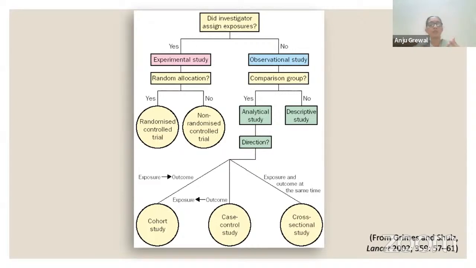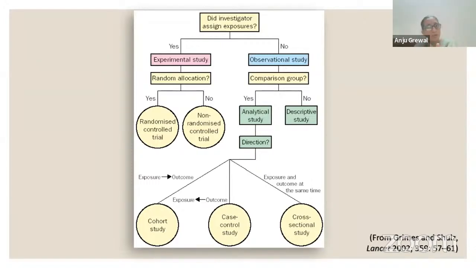And then, of course, there are 3 types of analytical studies, which again depend upon the direction in which you are measuring. So if you have an exposure and then you're measuring an outcome, either prospectively or even using historical controls, it would fit into a cohort study. Cohort studies are the strongest evidence in observational trials. Remember that. But if you really want a very small study and you do not want to go very long and don't have time, you just want to pick up your data from your records and do it.